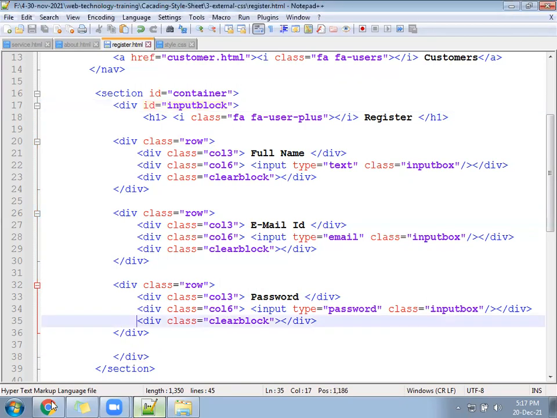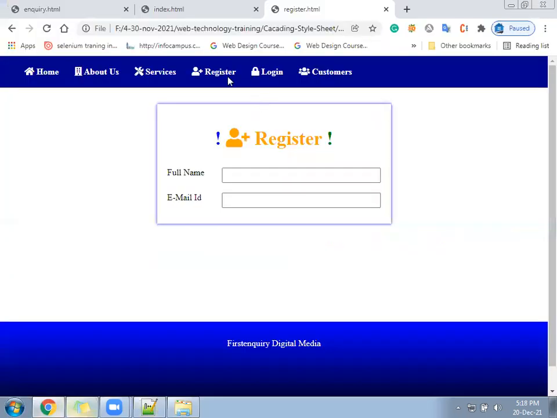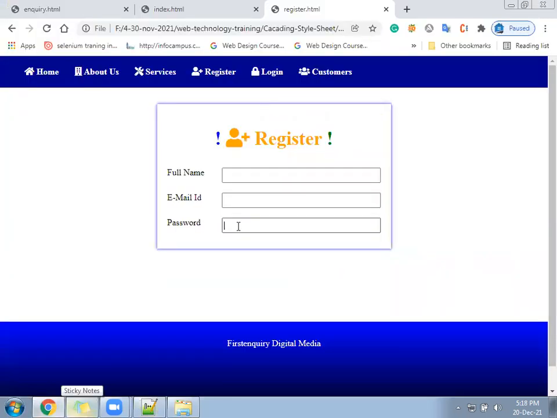So hope ready. How many fields? 3 fields. Create one city drop down, and that will also come.